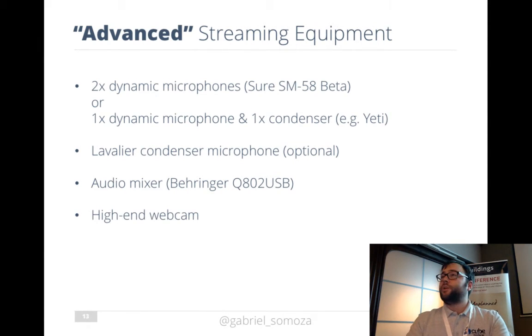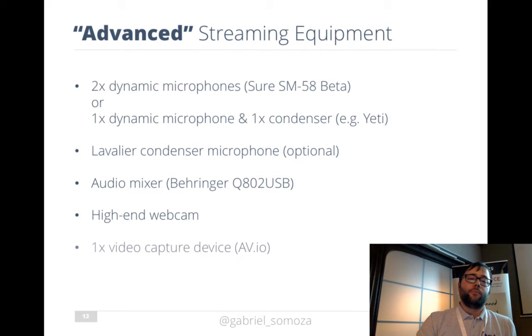If you have budget, I would buy a high-end webcam. This is only 720p, and the MacBook Pro I have. The better the webcam, the better features it has, especially for low light conditions, etc. But you could also have a video capture device connected to a real video camera. The thing is, most video cameras are not going to allow you to stream the video directly into the computer, so you need a video capture device.